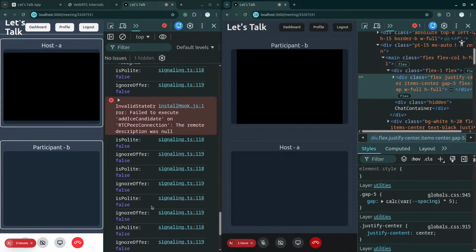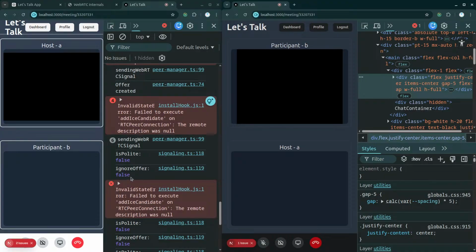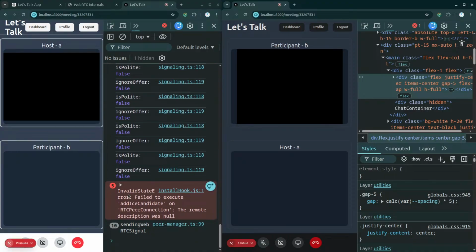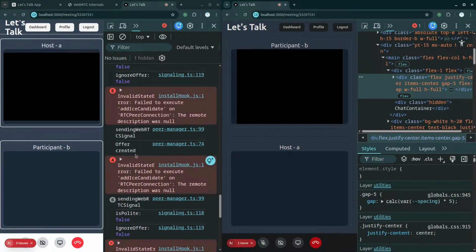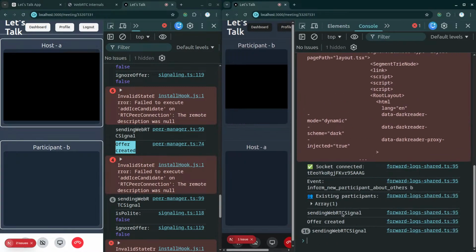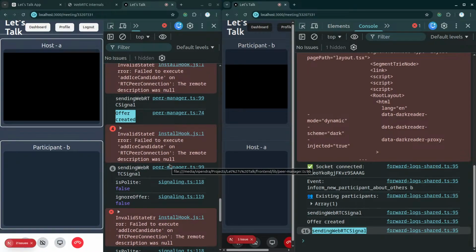Offer is not even being created here. So at the end of the day, offer is actually being created. Ignore offer. Where am I creating the offer? Over here. So offer got created somewhere here. Once the offer got created, what is happening here? Both of them actually created the offer, but once the offer actually got created, nothing is happening. So what actually happened? Both of them created the offer, that's great. And once both of them created the offer, one person should be getting the offer received, but even